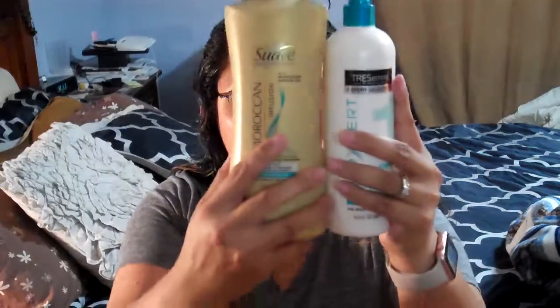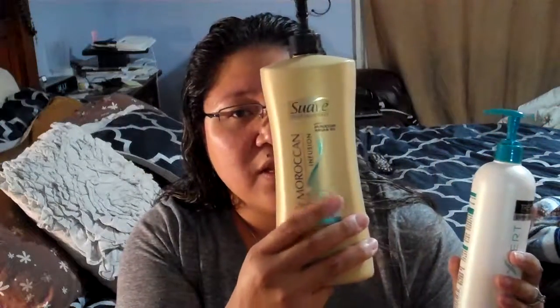See, this is what I was using before. This is the Suave Professionals Moroccan Infusion with Moroccan Argan Oil. And I've been using this for a couple months. I go back and forth between something like this, which is drugstore, and something from Aveda or something like that. I like to mix it up a little bit just so my hair doesn't get used to something, because when it does, my hair likes to get flat or super frizzy. And because I have been coloring or highlighting it, though I haven't done it in a year,